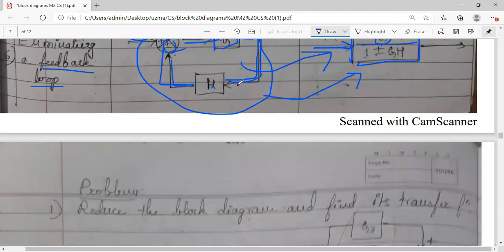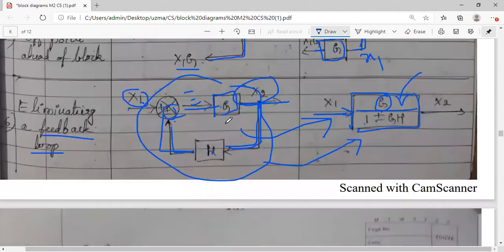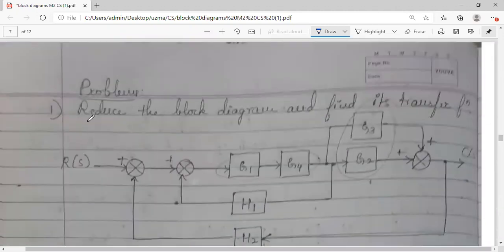Okay. These are some theoretical concepts, like I'm just giving you the rules, what are the different rules, but however as and when you get the problems, when you apply them, you'll become perfect in these rules, remember. But as for now, please make sure that you're thorough with these rules. One simple problem I have taken. Reduce this block diagram and find the transfer function.